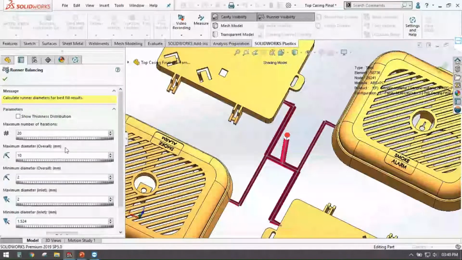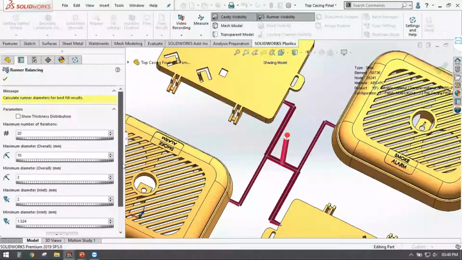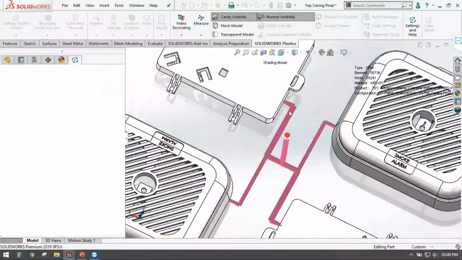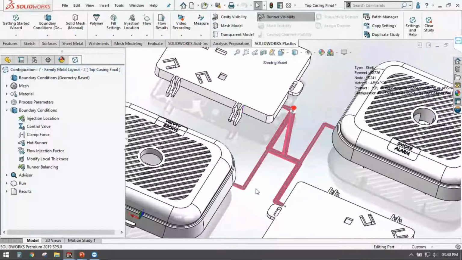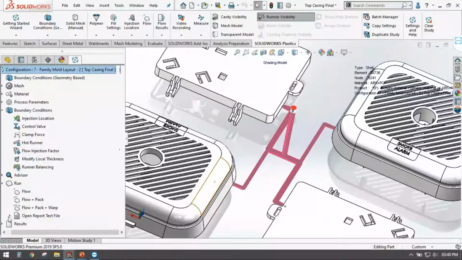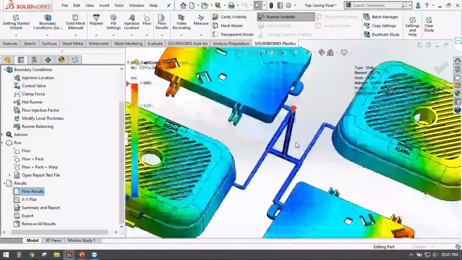So you just have to put into this parameter the maximum diameter, minimum diameter. Same goes for inlets, and after calculation SolidWorks will define what the diameter of the nozzles should be to fill all the 4 cavities in the equal amount of time, right? So once this is done, it will try to fill all the 4 cavities in the equal amount of time.